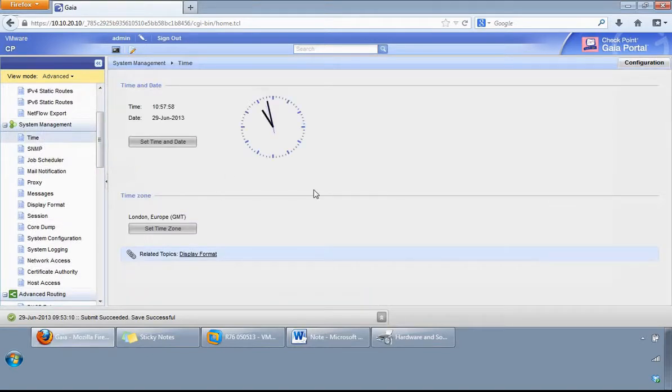So you should synchronize system clocks for all security gateways, security management servers and cluster members, so that SIC trust does not fail. Cluster synchronization requires precise clock synchronization between members, and it's also good for SmartEvent correlation using timestamps that must be synchronized. And also for general troubleshooting and reporting, you should always synchronize the time. So you can set the time and date from here,